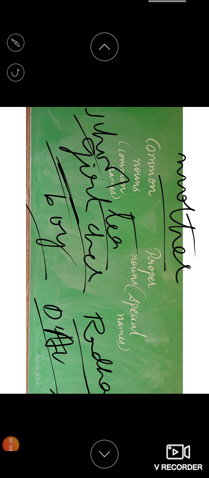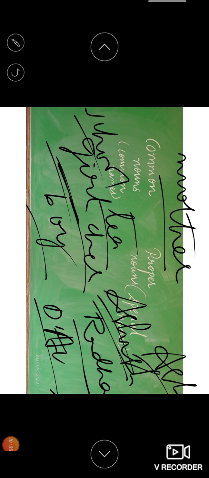Girl, I said girl is a common noun. If I ask you who is the girl topper in your class, someone will say Asha, Radhika, whatsoever. Asha is a special name. Boy, if I ask who is the naughtiest boy, you may say any name like Ashish. So Ashish is a special name, right? Teacher, who is your favorite teacher? You can say any teacher's name, like Anita ma'am or Himabindu ma'am, Shruti ma'am or Sirisha ma'am. So when you write the name of that particular person, then it is a special name.